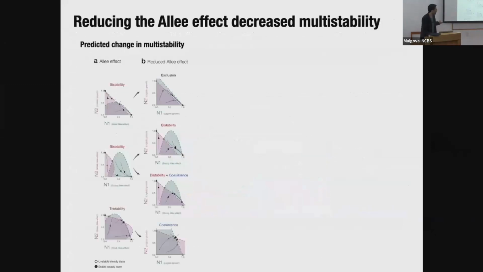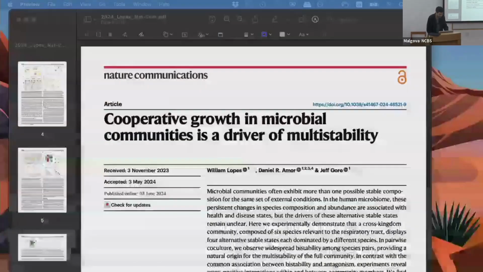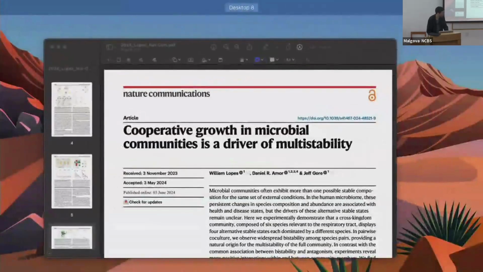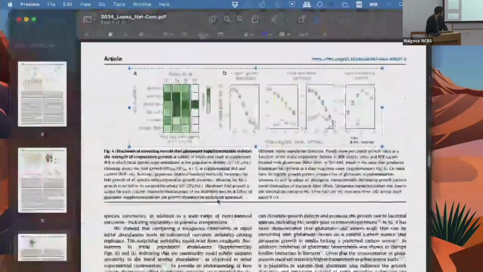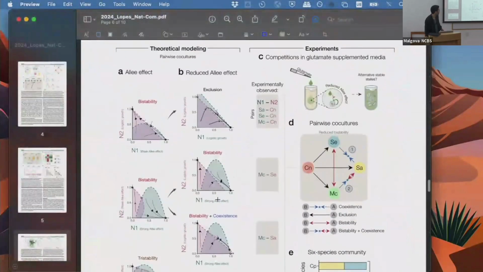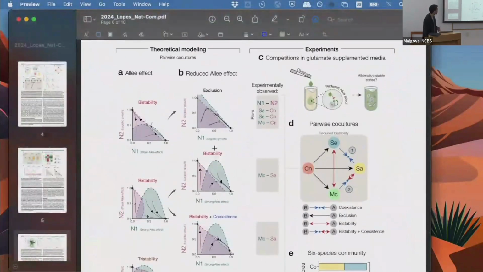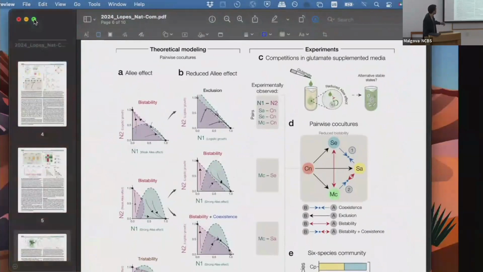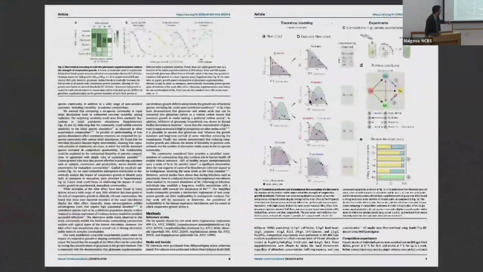So before we move on, let me perhaps make this larger. When we analyze many possible effects of reducing the Allee effect,